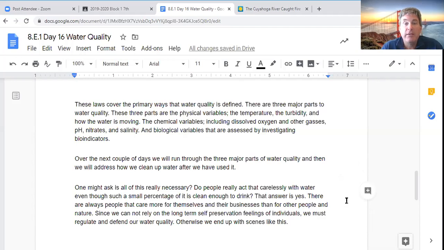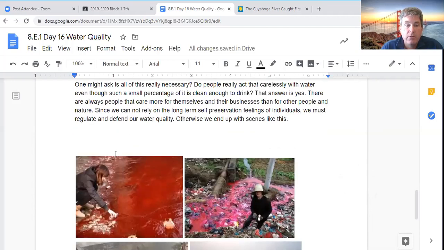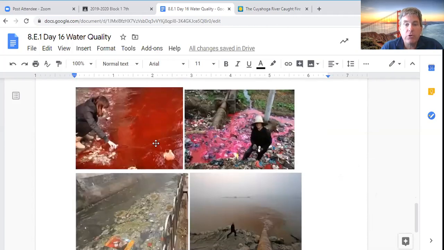I'm going to show you some pictures. So look at this. These pictures are all from China. Like China, that place that we just got this massive disease from? Oh yeah. There's a reason that stuff kind of originates in China a lot. It's because number one, it's a communist country. The government controls everything, and all the government cares about is the government. It is not for the good of the people. It is for the good of the government. The people are, frankly, disposable over there. And they act like it as far as the government goes.